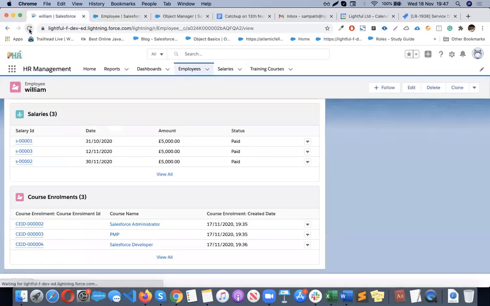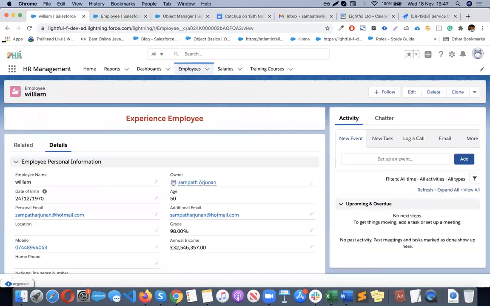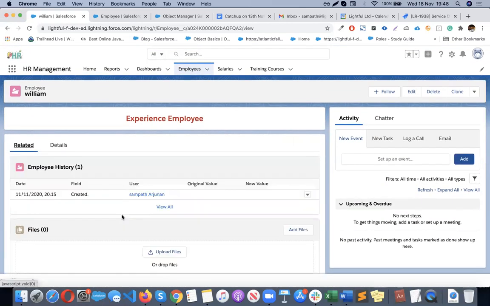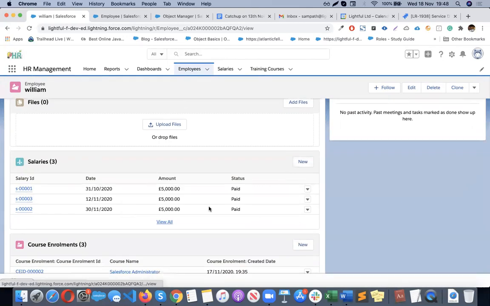Now, just as an example, for your information, if I go to the related list, the new button appears.